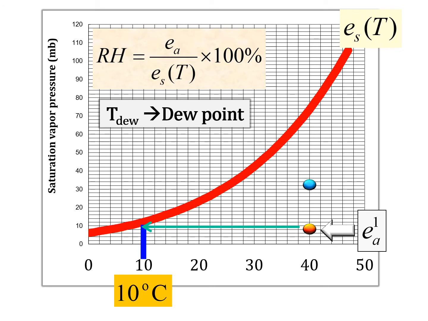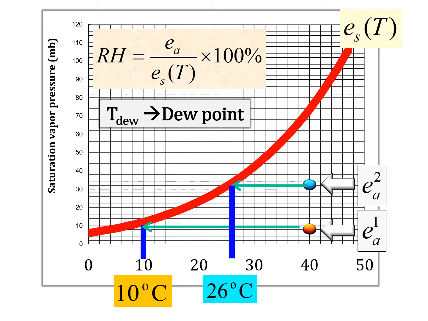However, it's not saturated yet. So by cooling the temperature, it becomes saturated. This temperature is the dew point temperature, 26 degrees C. You see, with more water molecules in the air,